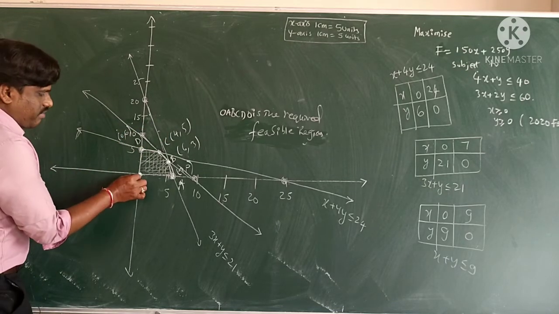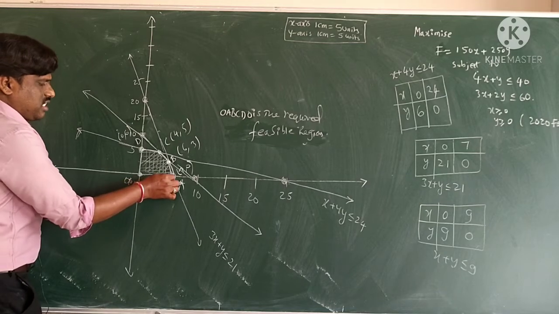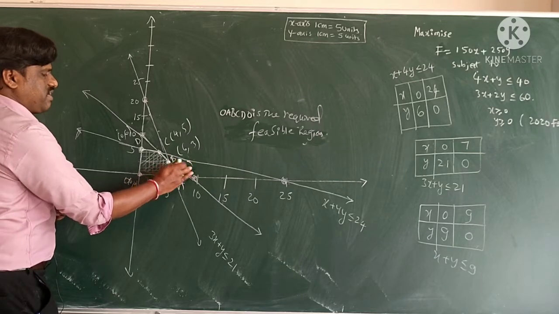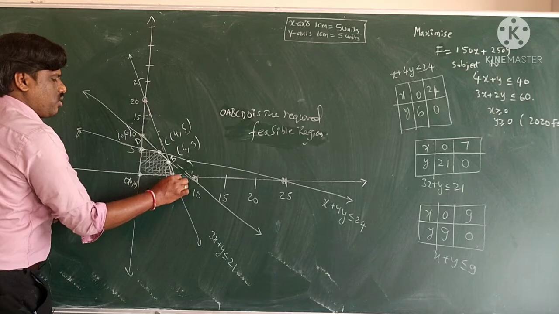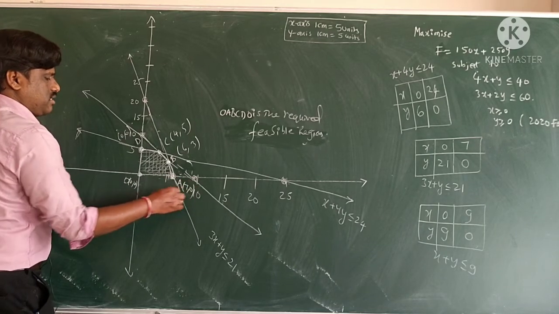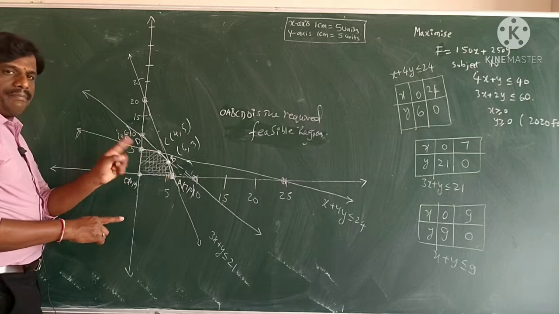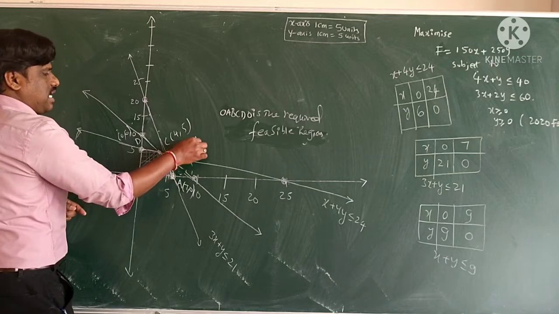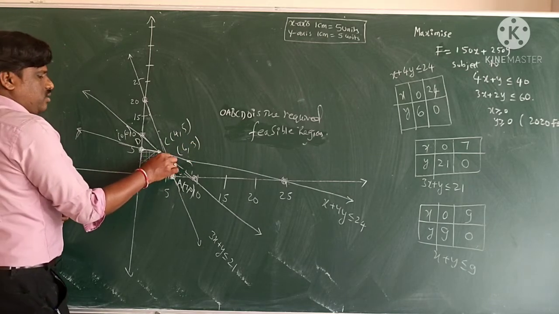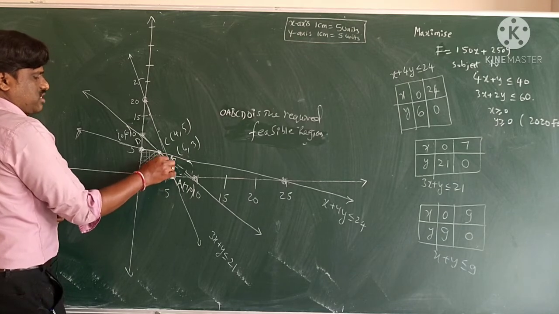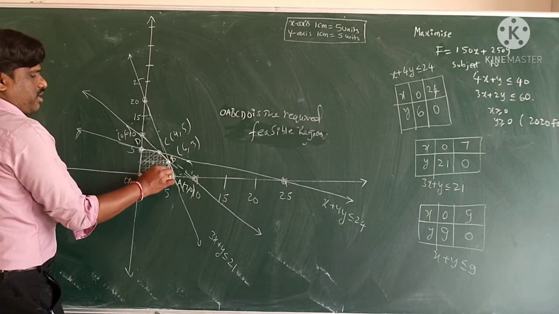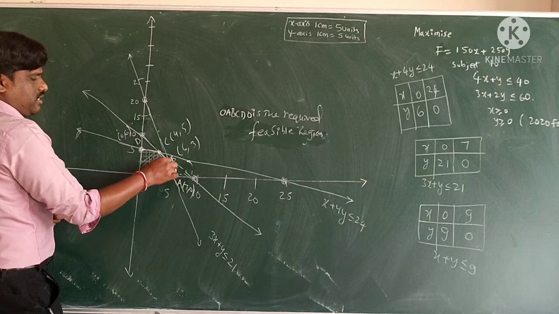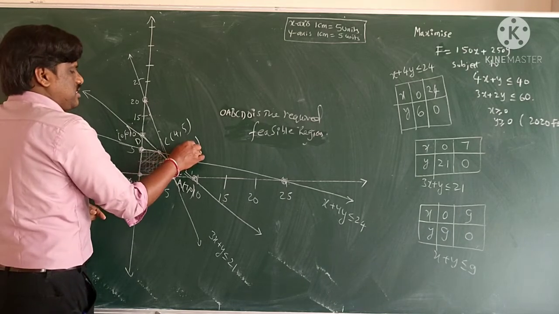In that, this point will be the origin 0, 0. This point you already took, it was 7, 0. In the graph paper itself you can see it is 7, 0. And this one you can see in the graph paper, that is 6, 3. You have to see this side vertical, and see this downside. If you see both sides, you will get that point. If you see down here you get 6, if you see here you get 3. So the point is 6, 3.